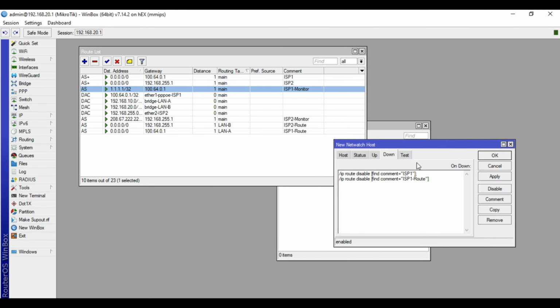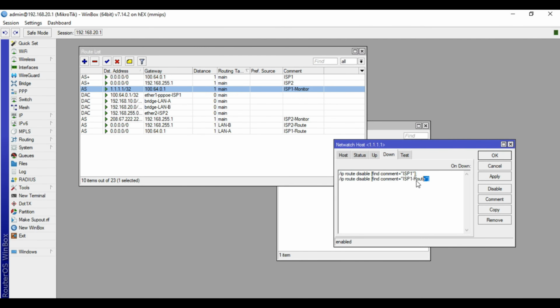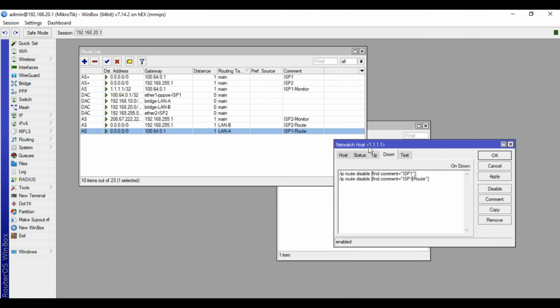This means that when NetWatch cannot reach the host 1.1.1.1 with an interval of 10 seconds, then this script will trigger. It will disable this route and this route if NetWatch cannot reach the 1.1.1.1 IP.